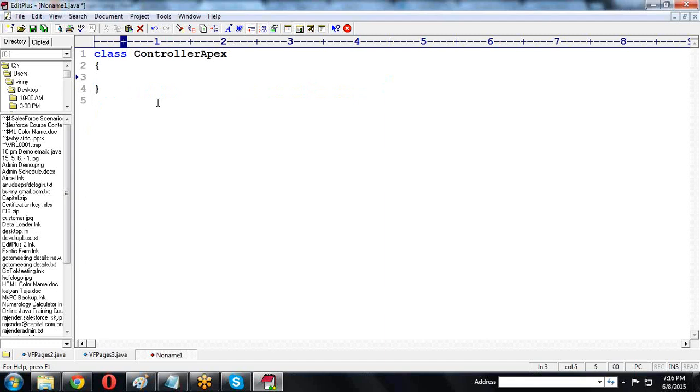Here I am declaring one variable, public string name equal to something, we are defining the name. This is the way we are defining. Here what we are using is public void set method.